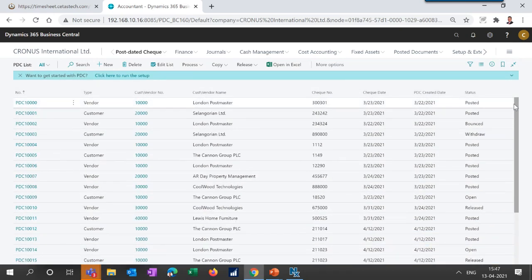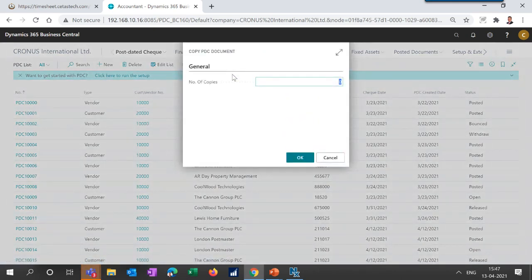If you are issuing multiple checks to the same vendor for different invoices, you will have this option called copy document. You can copy them into multiple PDCs so that the data entry is minimized. You can simply put 10 copies, create them, and just update the check number on each PDC document.